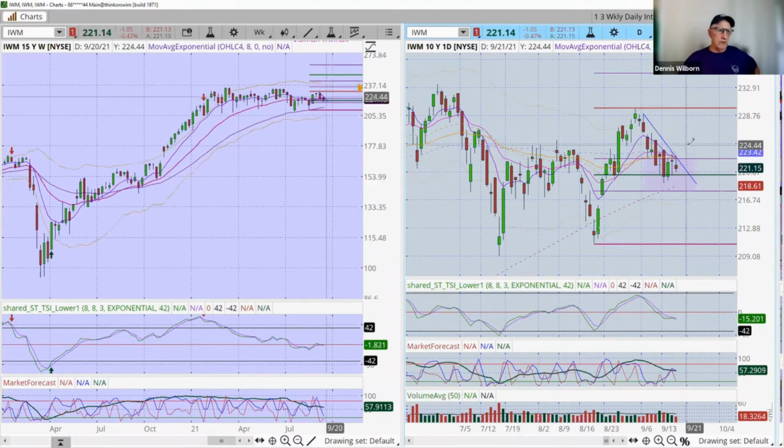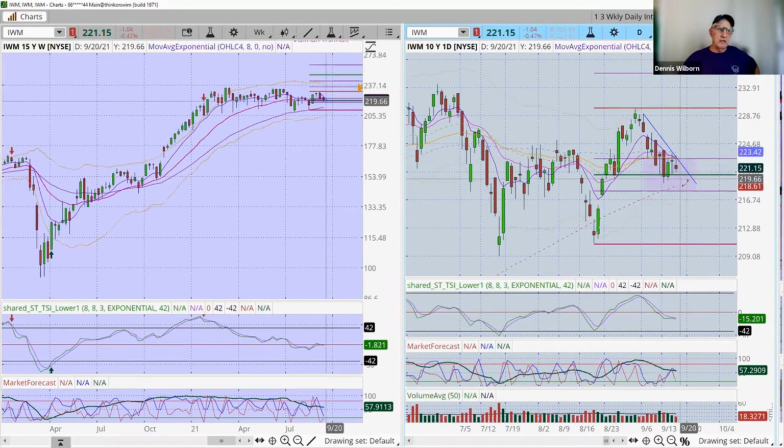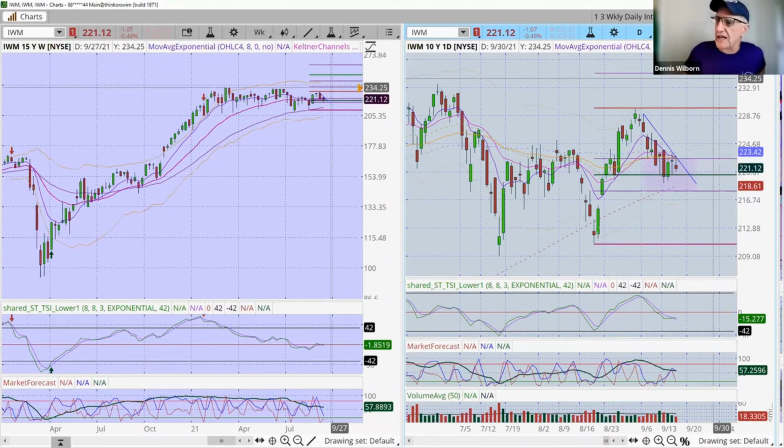And so it may bounce between the 100 and the 200, and it may ping pong between there. And that may happen for several days and or weeks. And then, anticipating what tends to happen once we jump into the October, November, December timeframe, if I get the proper signals, I would be a buyer of IWM, expecting a nice move going into the end of the year. A nice something to stuff your